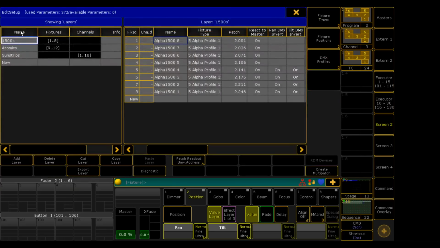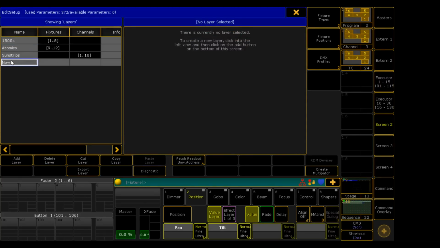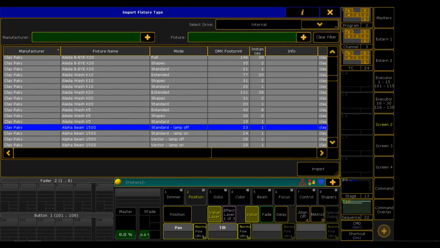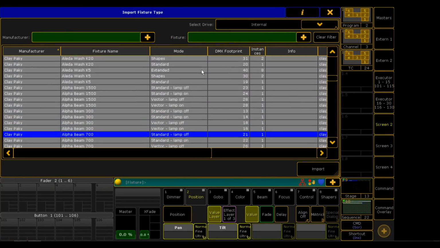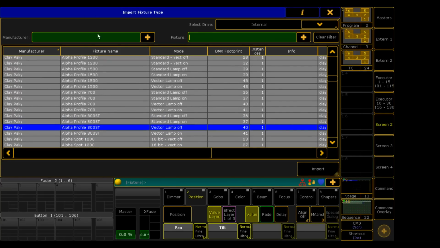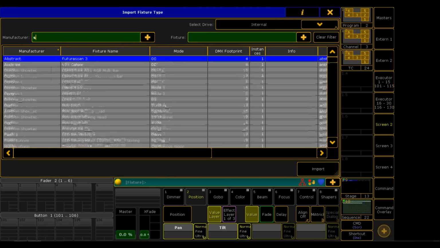So adding fixtures hasn't changed at all. Auras don't appear in the custom library in MA3D at all. They just come up as question marks. I don't need that. We'll add some 700s as well, because the 700 is really always a nice fixture to use. I'm wondering, they've probably added a lot more fixtures to the standard library. If we go,